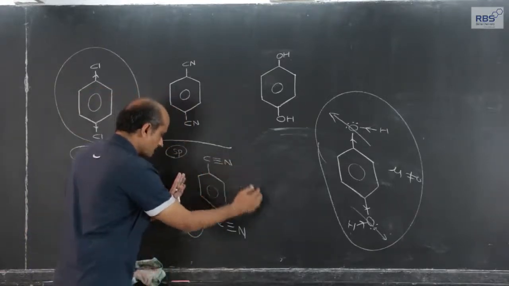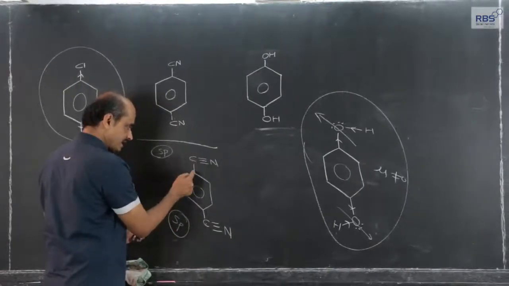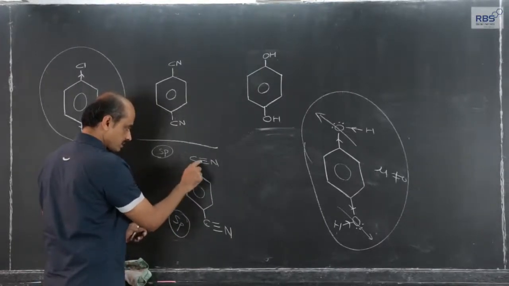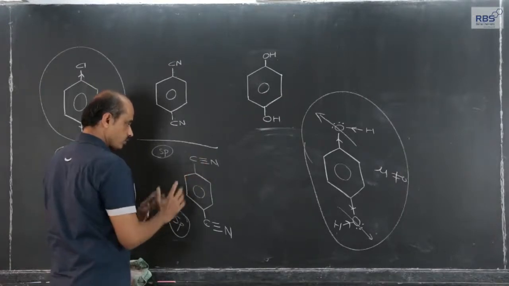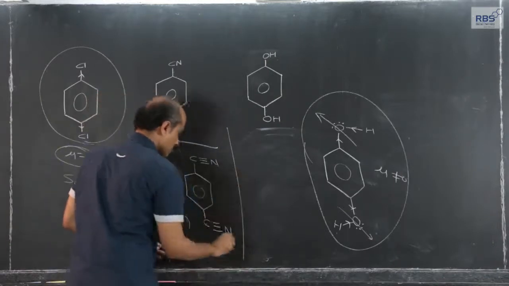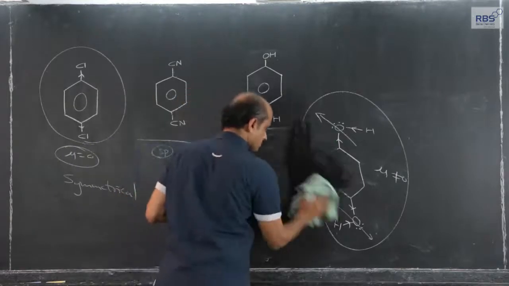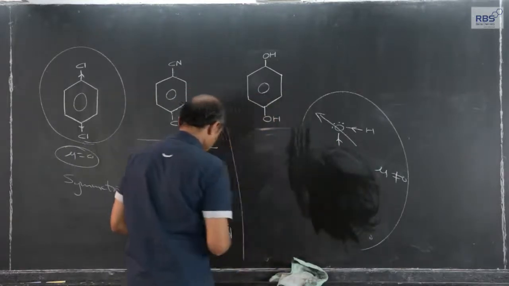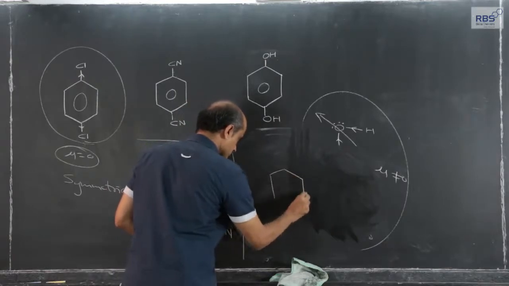Although we are habitual to write in this fashion, from the geometry point of view, since carbon is sp hybridized, this is a sigma bond, and this sigma bond cannot be in this fashion. For routine study we write in this manner, I have no objection for that. So, proper geometry for this molecule should be written in this manner: